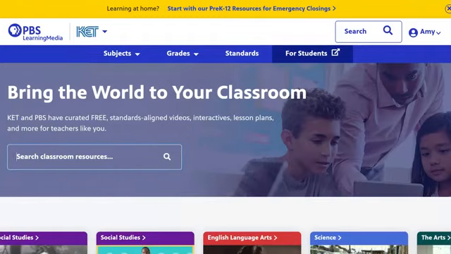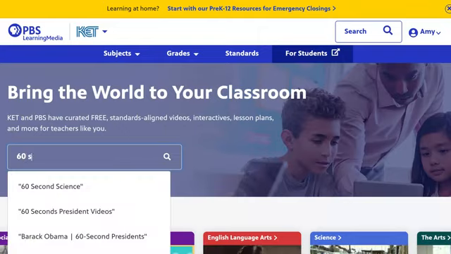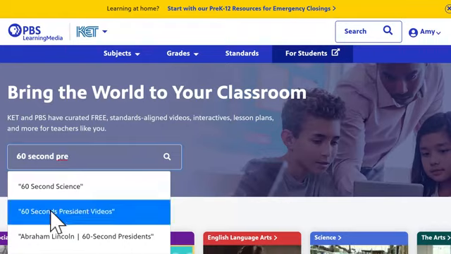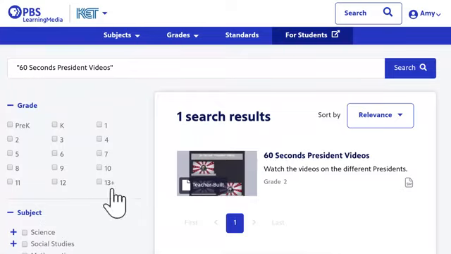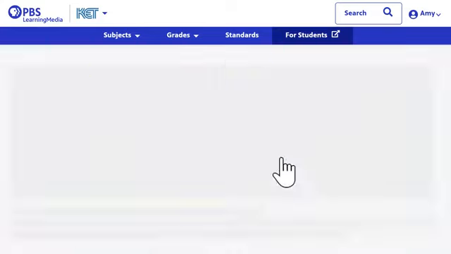So I'm going to type that in. And you'll notice as I start to type it in, it's from a collection, and so 60-Second Presidents comes up here. And it's a collection.